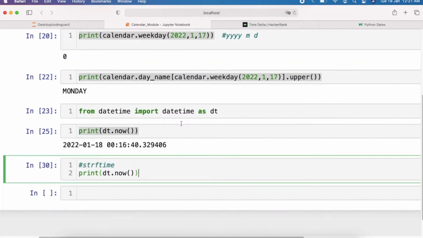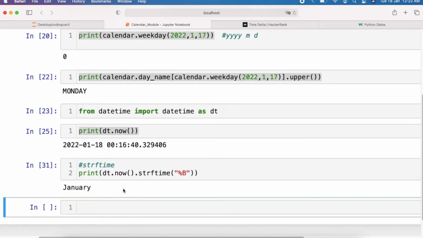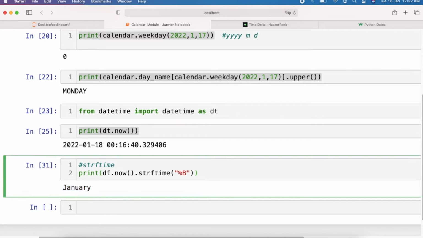For example, if I use dt.now().strftime, it accepts a string, and suppose capital B, so it will simply give the month. This month is January, so it will give January in full version. You can see here it is giving January in full version.